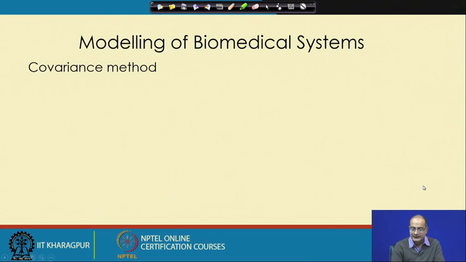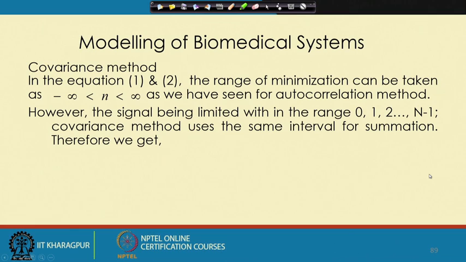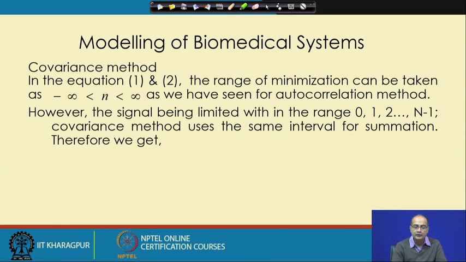Next we look at a different technique of computing the error coefficients. This new technique is called the covariance method. The previous technique, as we are using the autocorrelation, we can call the autocorrelation method for computing the error coefficients. So, in this covariance method, again we use the same equations 1 and 2. The only change occurs in the range of minimization. In the previous technique, we have taken the range as minus infinity to plus infinity,